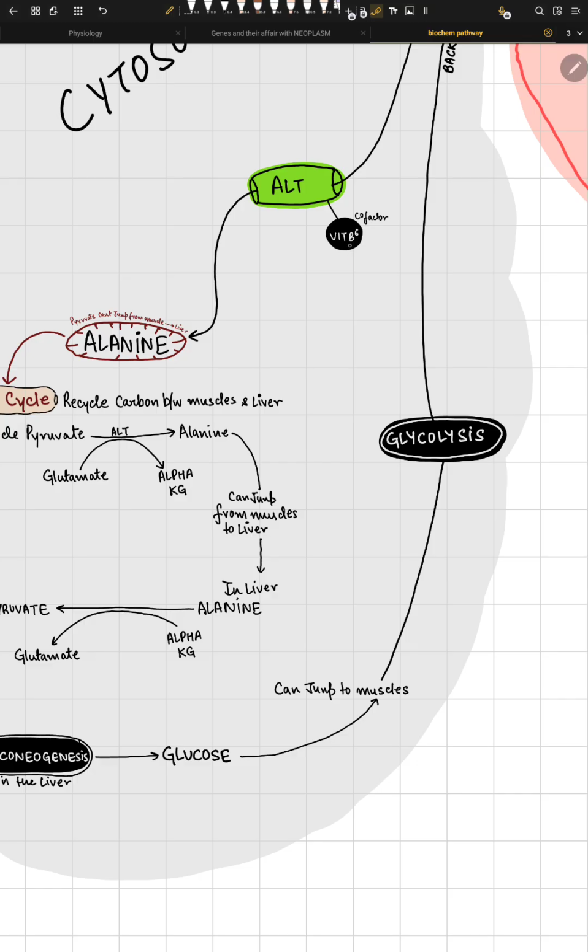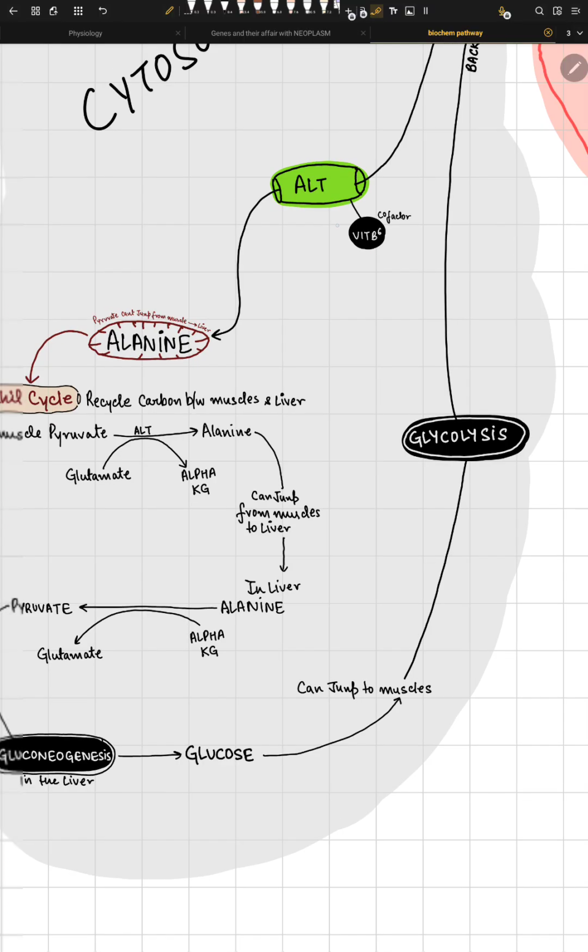Another question that arises here is that B6 is the cofactor. Why B6? Well, there's something called a Schiff base, which is formed by B6, okay? So B6 forms something called a Schiff base. It's a base with the amino acid. It helps in transferring amino groups in transamination, okay? So without B6, the transaminations stop. So once the transaminations stop, without the Schiff base that is provided with the help of vitamin B6, the amino acid